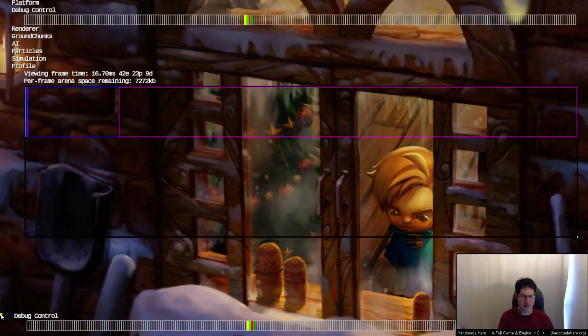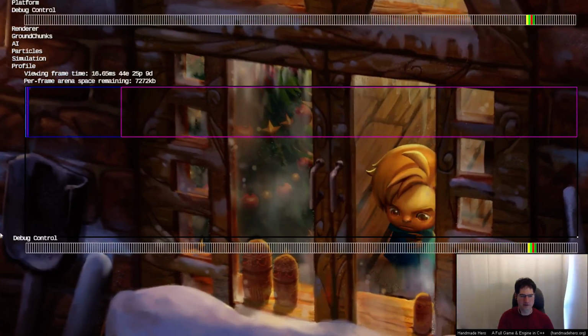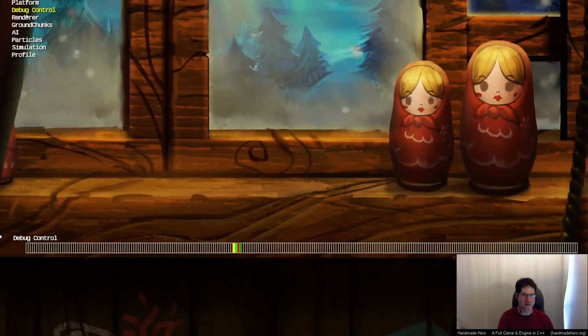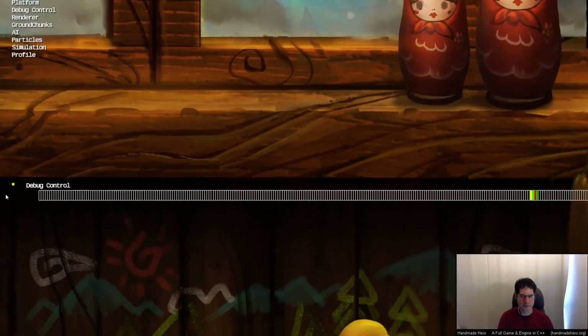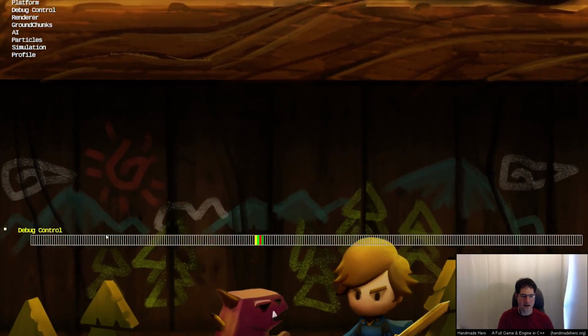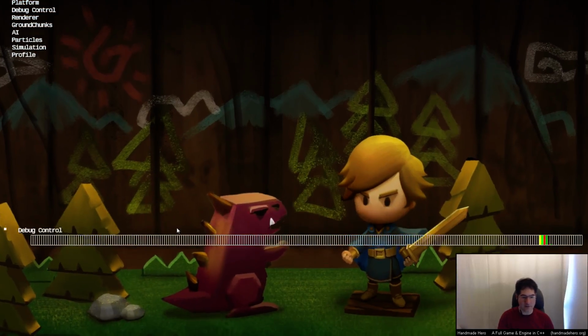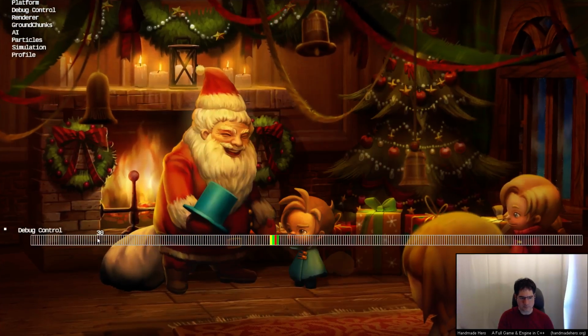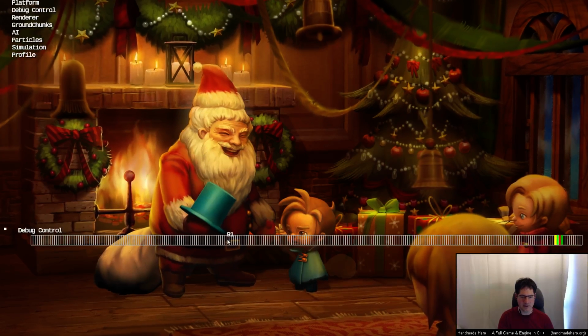Like, that's pretty baller right there. We can just tear that off if we want to because we're awesome. It's like I just want to move my UI around. Anyway, so what I want to be able to do now is pause this